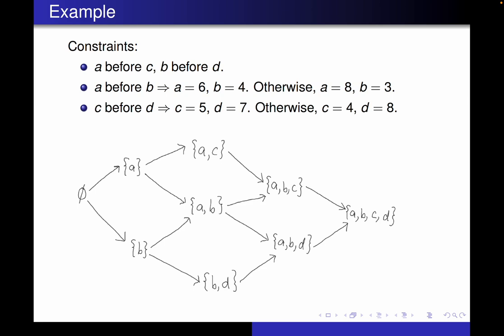All right, so far so good. Now let's see if we can figure out what kind of numbers to put on these things. Well, we're going to put a 6 between the empty set and A because A is coming before B in that one, which means that A takes 6 minutes. And similarly, if we go from empty set to B, B is now coming before A, so B takes 3 minutes. So if we go from A to AB, now A is coming before B, and we've done B in